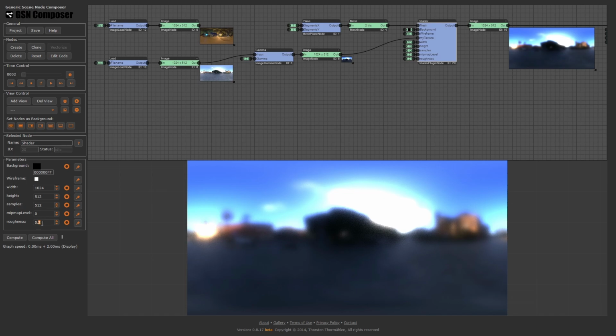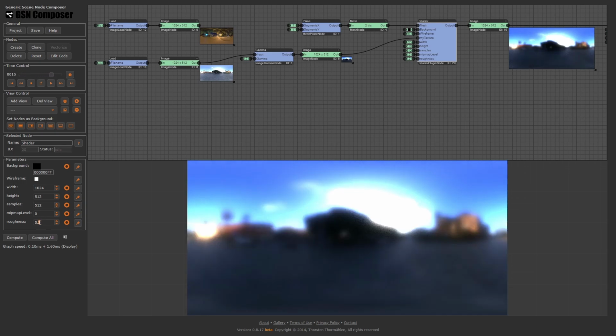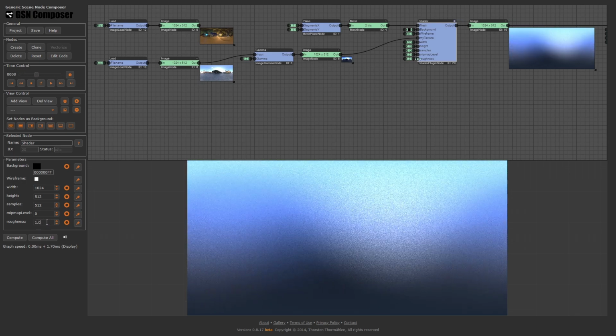For a roughness value of 0.0, we get a copy of the input. This is the result for a roughness value of 0.2, 0.4, 0.6, 0.8, 1. For a higher roughness value, the output becomes more blurry. High frequencies are removed, but we also see more noise.